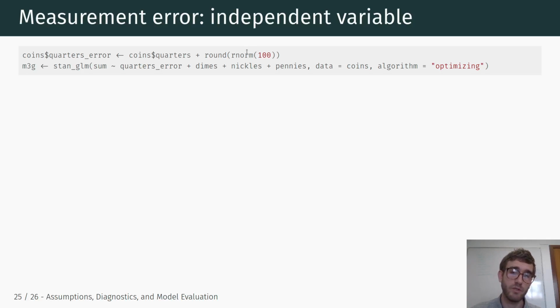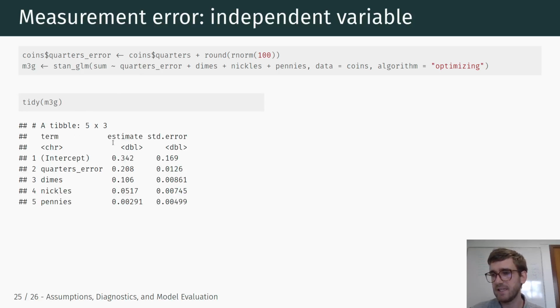So now the number of quarters is between 2 lower and 2 higher compared to the original actual number of quarters, right? So that's inducing measurement error in the independent variable. Now we estimate our next model, and we have our measurement error in the independent variable. So we have quarters that are now measured with error, and we see now that